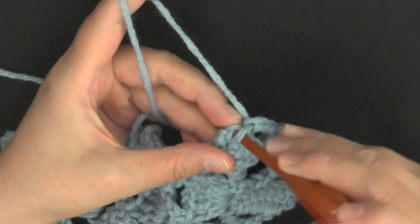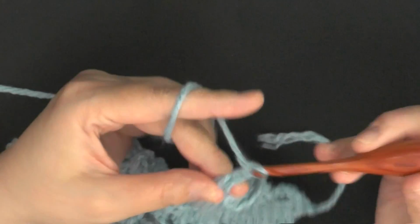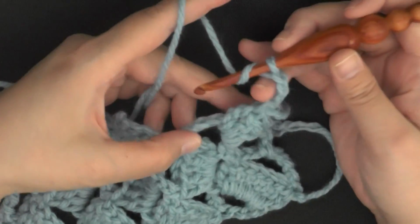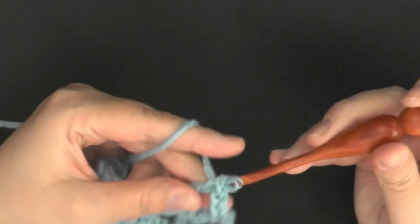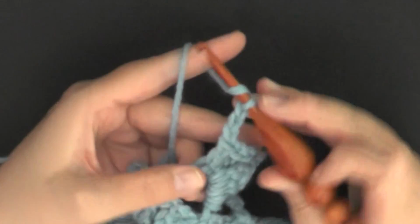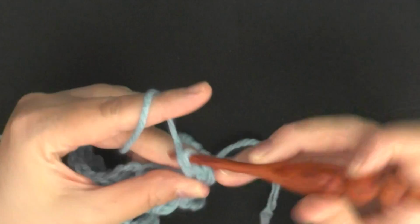and you will single crochet in the top of the chain 3 here. Chain 3, and then again work your double crochet here in this chain before. I think you got that part by now. It's the chain before the shell, and then you will chain 3, and then again on the post work your 5 double crochets